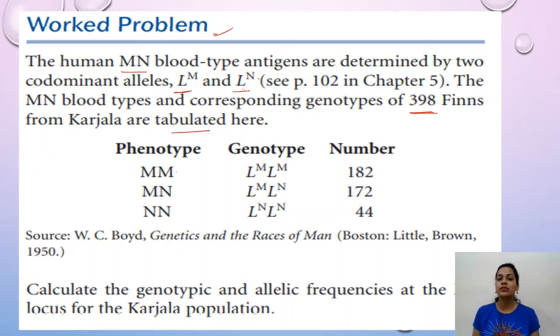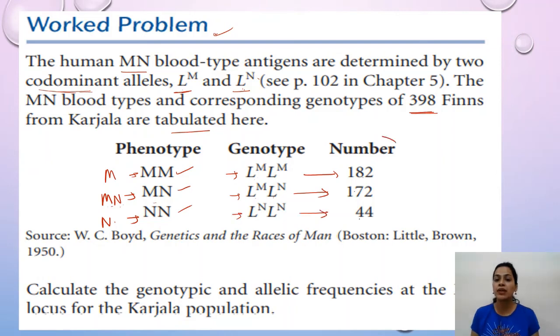So these are the three possible phenotypes here: the individual having M blood will have the M type of blood, and this individual will have the N type of blood. And the genotypic combinations are given here. In this case it will be MN because these are codominant alleles, it is given in the question itself. Either this kind of genotype is there and the number of genotypes is given, or this heterozygous one and the number is given, or again a homozygous one.